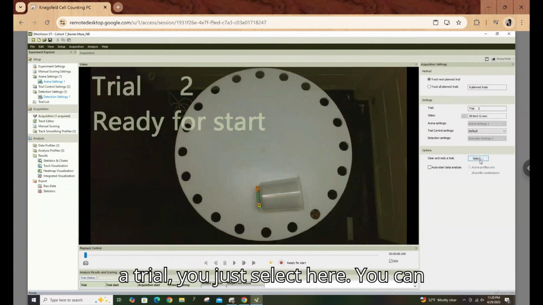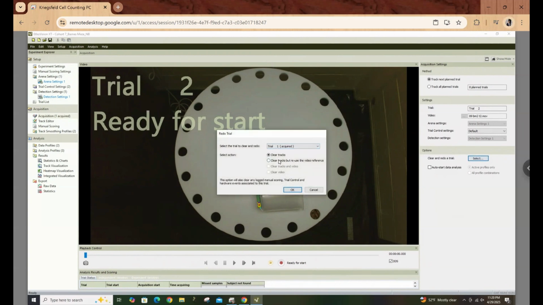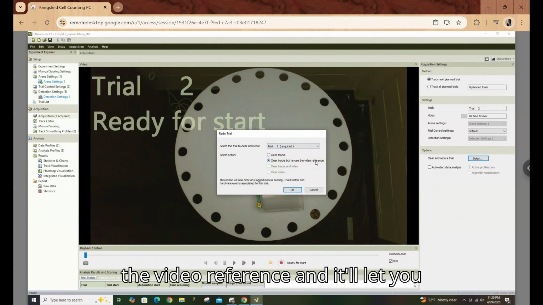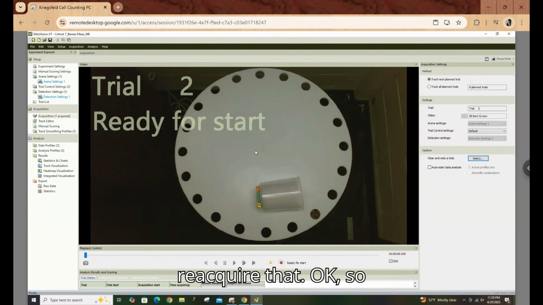So if you need to redo a trial, you just select here. You can select whatever trial you want, and just select clear tracks where you reuse the video reference, and it'll let you reacquire that. Okay, so